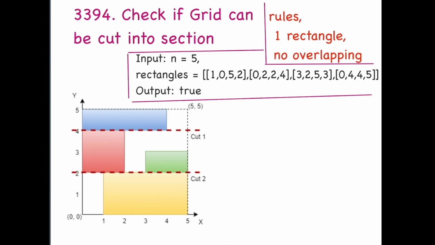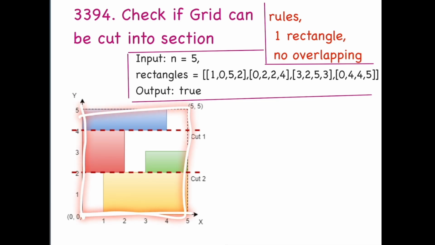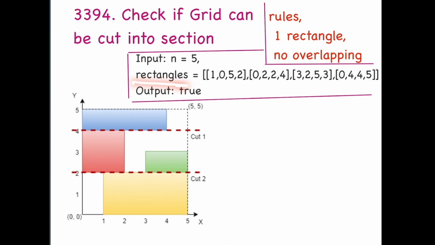See, in this particular problem, we are given two inputs, n and rectangles. Here, n is an integer representing the size of our grid. So 5 means that our grid is 5 by 5. As you can see in the diagram, we have a grid, or you can say a graph, of size 5 by 5. So we have a bigger square of size 5 by 5, and we have a few rectangles also given in the